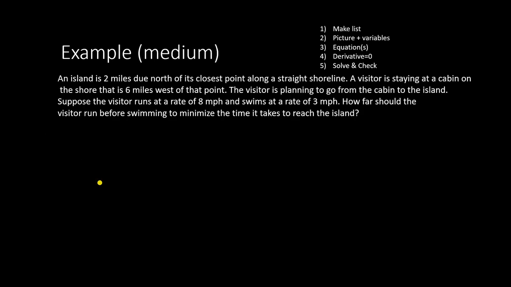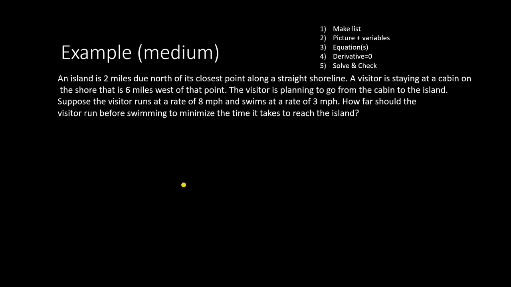Now, we have a slightly more challenging example. An island is 2 miles due north of its closest point along a straight shoreline. A visitor is staying at a cabin on a shore that is 6 miles west of that point. The visitor is planning to go from the cabin to the island. Suppose the visitor runs at a rate of 8 miles per hour and swims at a rate of 3 miles per hour. How far should the visitor run before swimming to minimize the time it takes to reach the